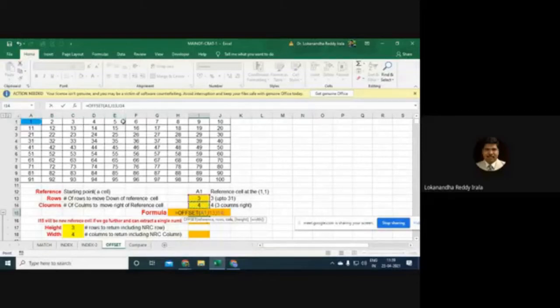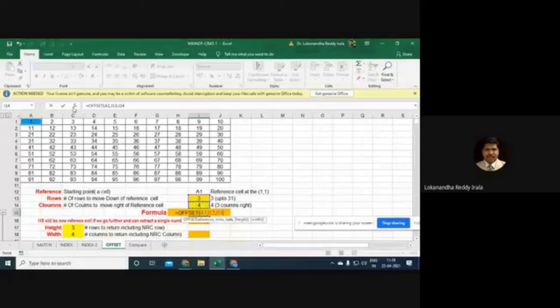That means the column starting with 5. So the column starting with 5, then the row starting with 31. What is the intersecting point? The intersecting point is 35. So I'd be getting the result as 35, right?